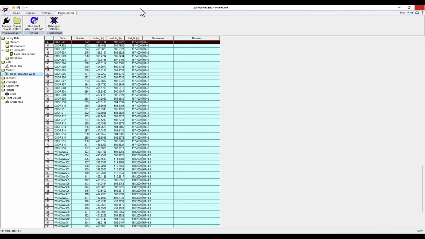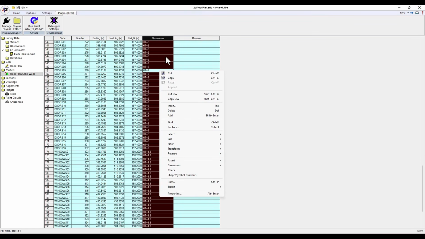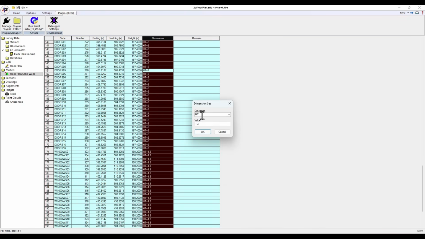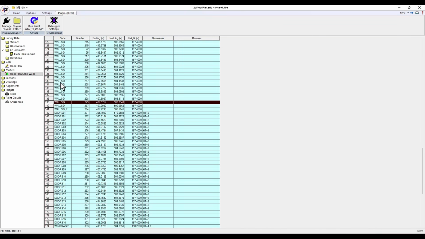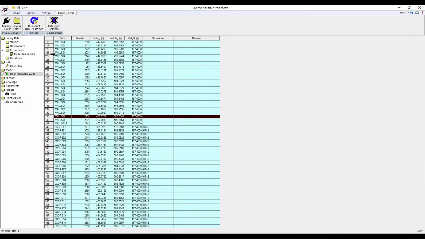And to set those, I just went into here, selected the attributes I needed, did dimension set, typed in what I wanted to call it, and set the value. I just did that on the points that needed it. You'll notice the walls don't have a height because at the moment they're just using a global variable in the code. So what I then told the code to do, or what I then asked the AI to do,